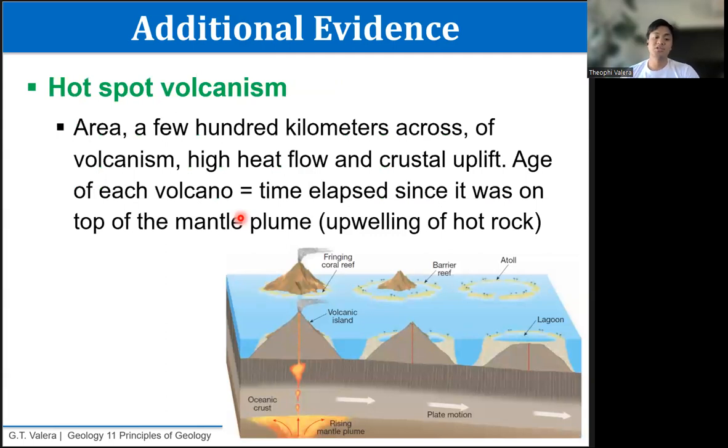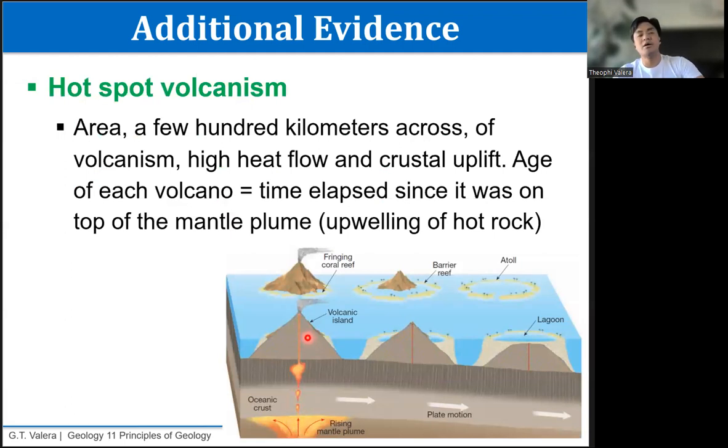I think I briefly mentioned it before. Hotspots are basically areas of abnormally high geothermal gradients, meaning from the core to the crust, sobrang taas nung temperatures. This results in significant melting along that region, and when you have melting, you have volcanoes. These volcanoes tend to form, or sometimes form, islands or hotspot islands, or volcanic islands, which are the product of these hotspots. Basically, the magmas coming from the depth of the earth rising to the surface.